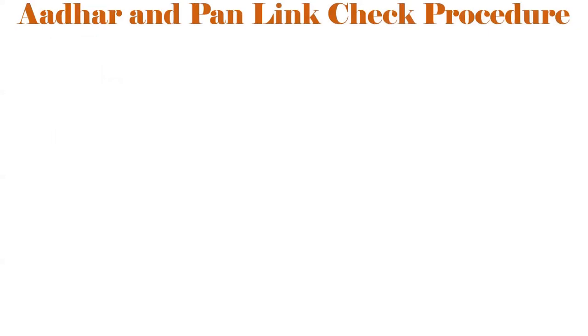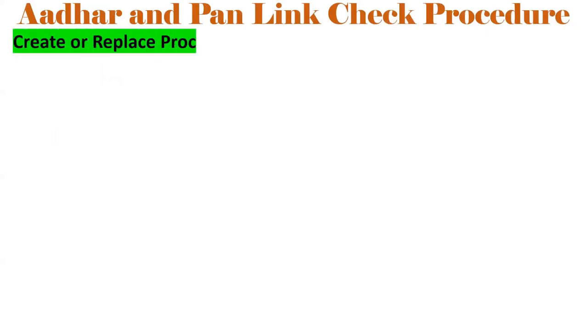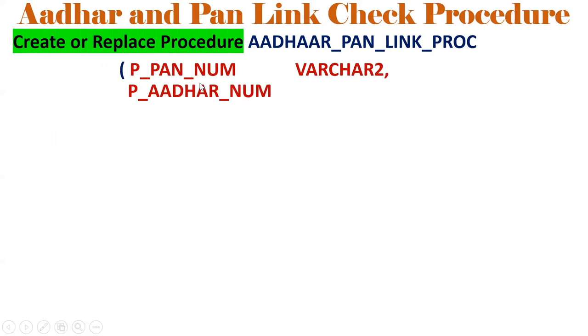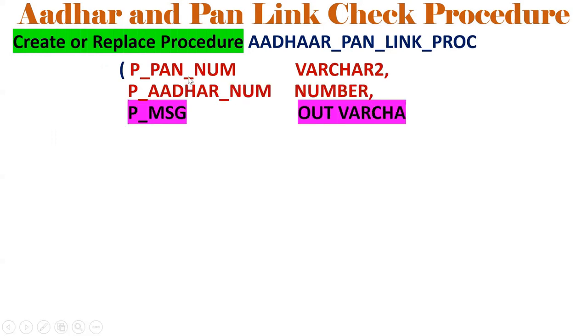So what happened now? I'm creating one procedure. It has create or replace procedure, procedure name Aadhaar PAN link proc. It has two input parameters. Remember one thing: input parameters are nothing but user entered values. So PAN number and Aadhaar number are user entered values, and we need to